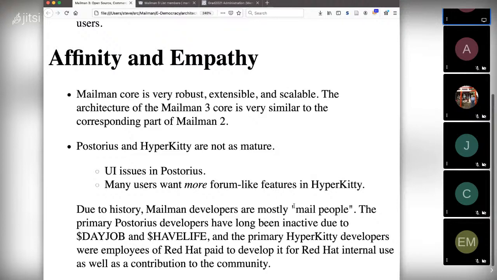So if you look at the Mailman lists, however, who do you see there? Well, you see a lot of large site managers. I'm not sure whether Apple still runs their mailing lists on Mailman or whether they use Mailman 2 or Mailman 3, because the guy who used to participate actively is no longer showing up on the list. But at one point, they had a Mailman list with 5 million people on it. So when Chip showed up, we paid attention. If he wanted something, we knew that there were 5 million people out there who would benefit from it.